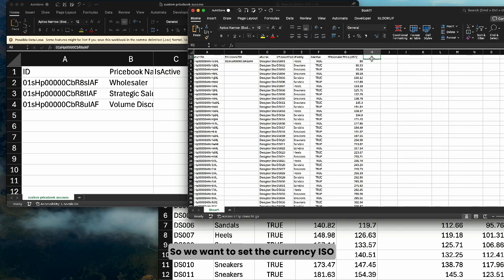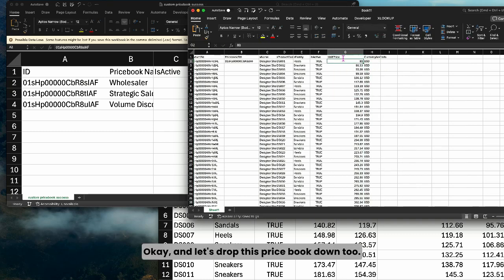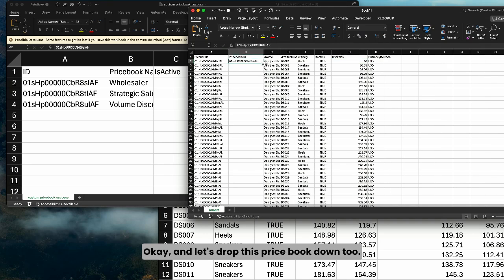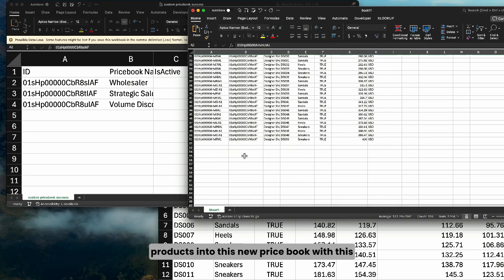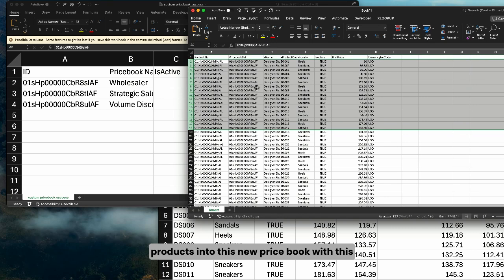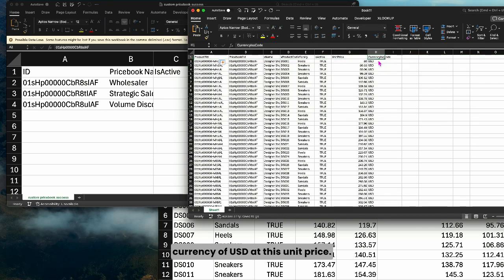So we want to set the currency ISO code, and we want that to be USD. So we'll drop that down, and we'll rename this to the unit price. Okay? And let's drop this price book down too. So now we are inserting all of our products into this new price book with this currency of USD at